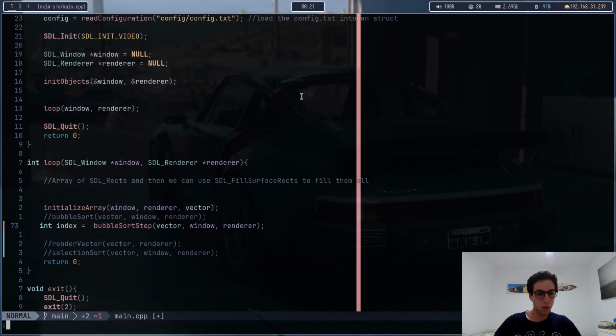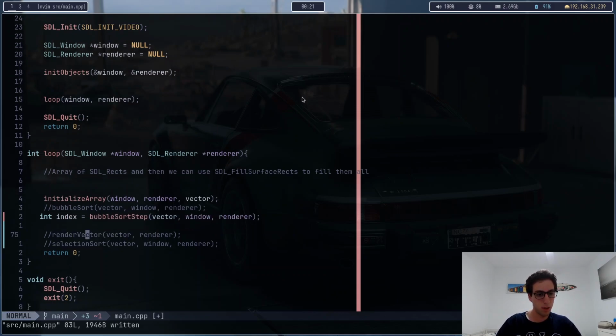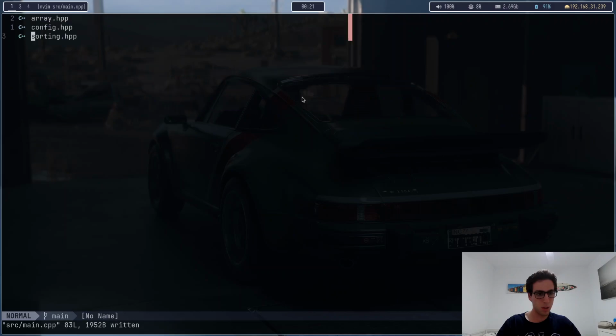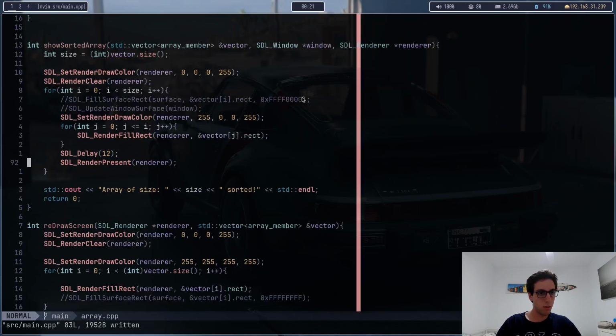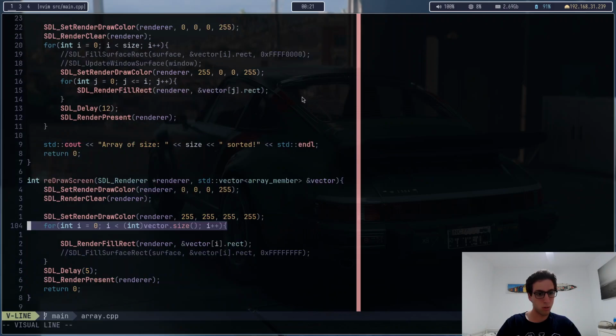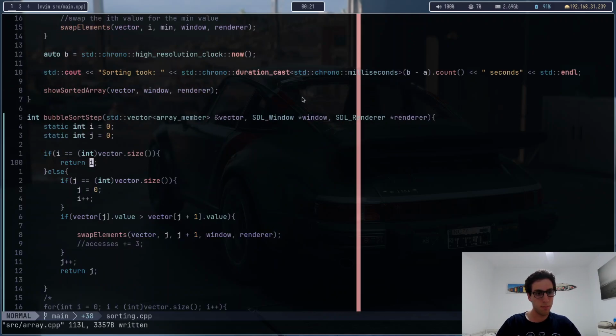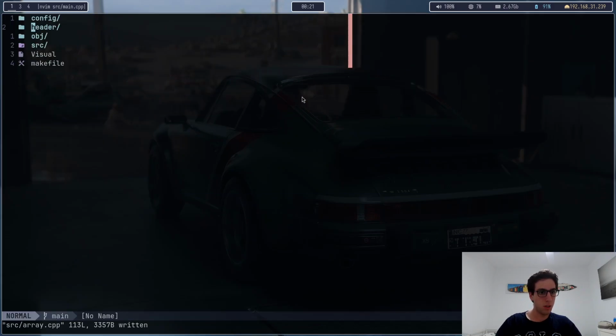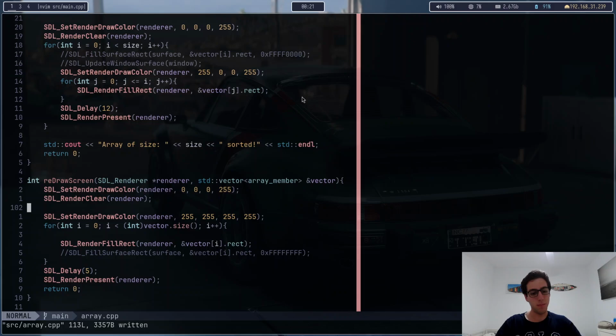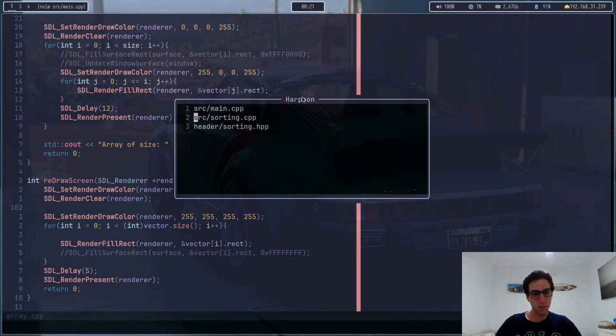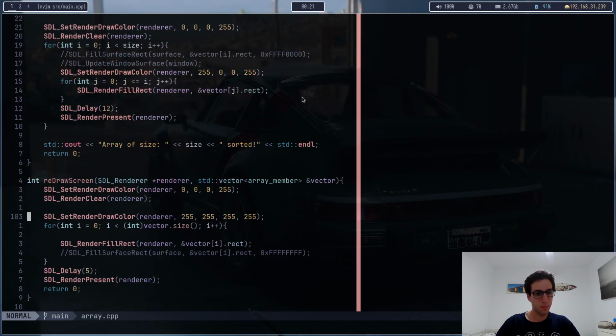But yeah, this is gonna be int index equals bubble sort step, and then render vector is gonna use the index to highlight that one. Okay, so then I think it's actually here. It's a show sort array or re-render screen. Okay, so this makes more sense now, but I have not added it to my harpoon. Alright, here you go. So re-render screen, and then it should be something like,